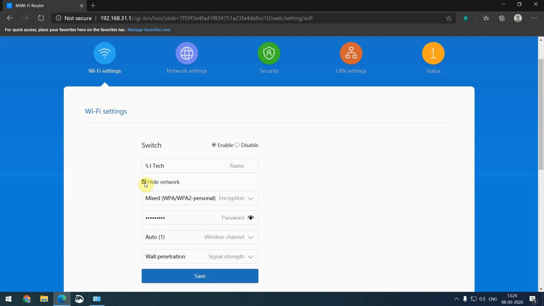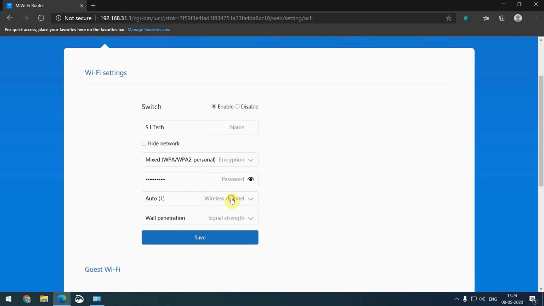For extra security, this is one step we can follow to hide our Wi-Fi. Okay, and the encryption means how the password is encrypted. We should select WPA or WPA2, and this is the password.